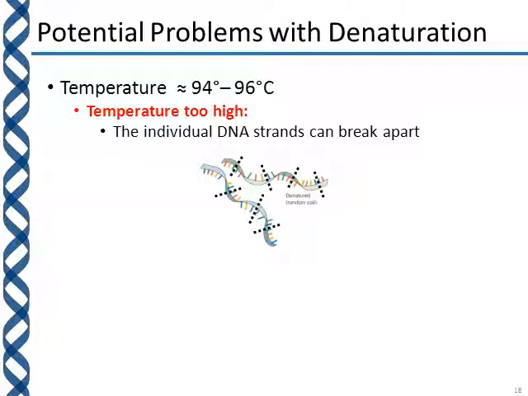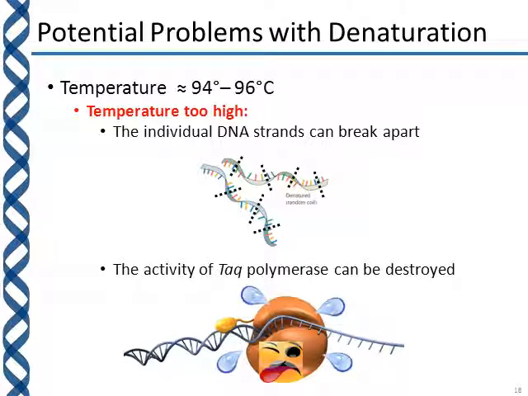However, if your temperature is too high, say above 100 degrees Celsius, the individual DNA strands will start to break apart. And so recall that the hydrogen bonds are weak and will separate with the increase in thermal energy. However, high enough thermal energy can even break covalent bonds. And so even though the rest of the DNA backbone is covalently bonded, having too much energy or temperature in your PCR system can actually completely destroy the DNA strands. And the other potential downside of this is that because Taq polymerase is an enzyme, you can destroy its activity simply because the